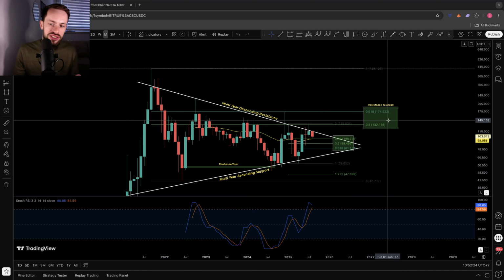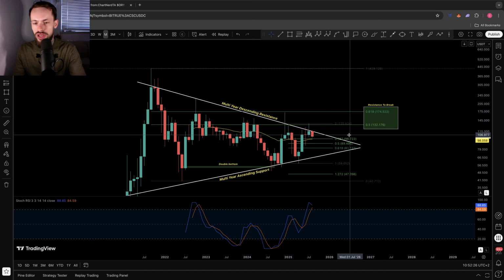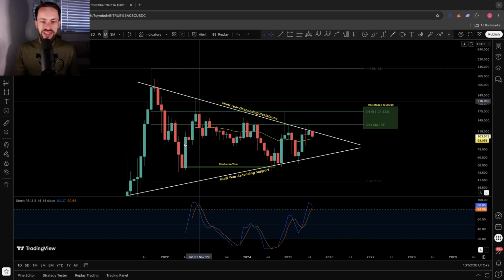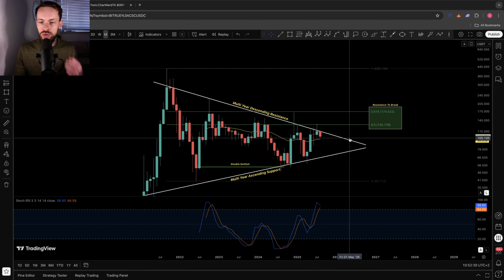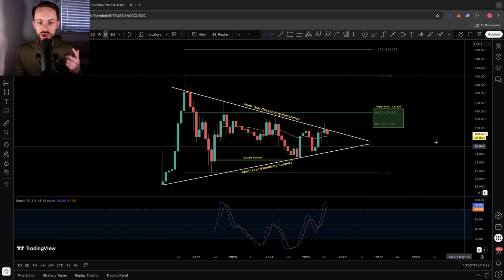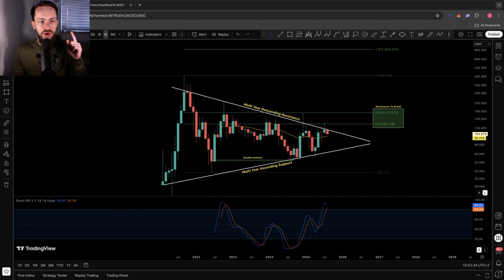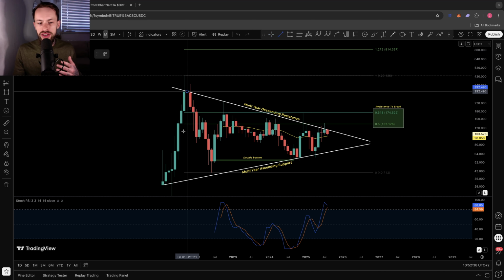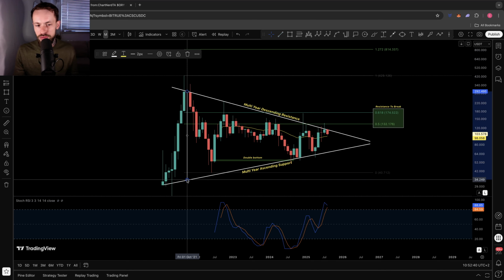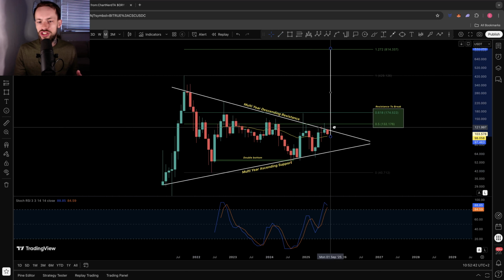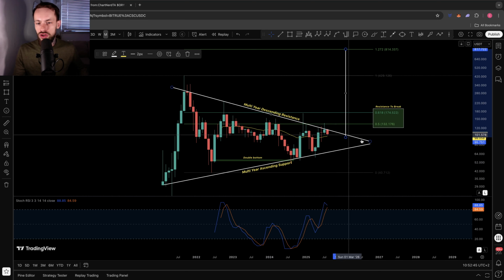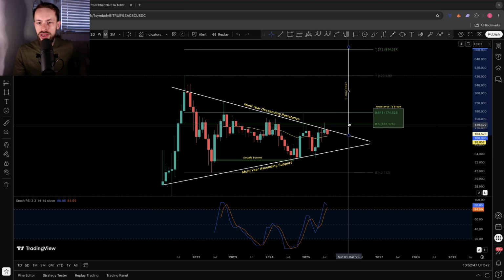Now, once $174 is broken, and we do see this potential breakout of this symmetrical triangle, there is a breakout target that I'm actually looking for. Now, this is towards $814. So hear me out. We have the neckline of resistance. We go back down to the level of support on the triangle. And once we actually do get this breakout, wherever it is along this line, I do think that at some point it will get the break.